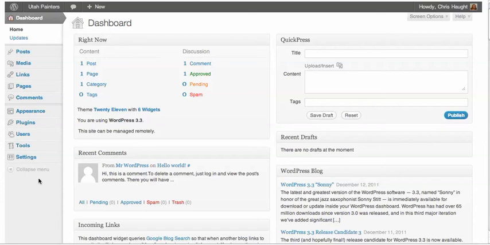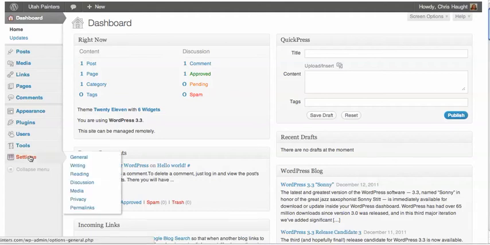In our last video, we did a brief overview of the dashboard. Today we're going to look at the settings. So click here on Settings,